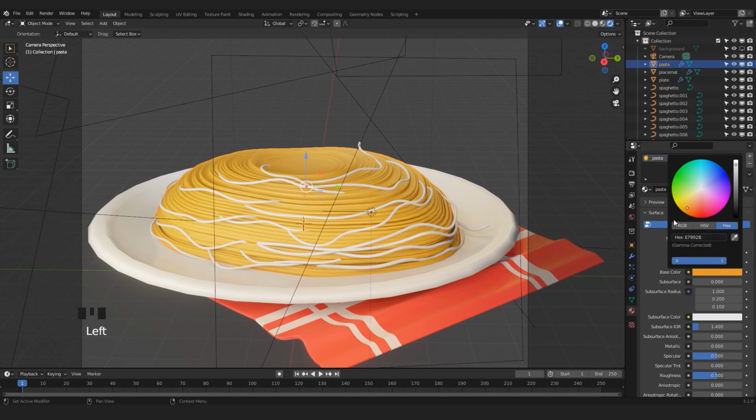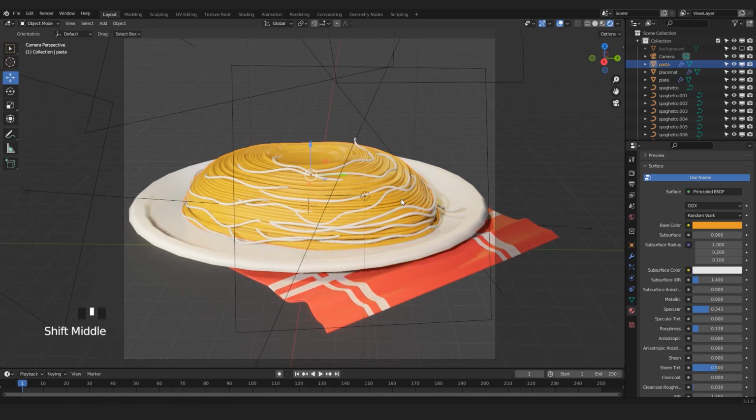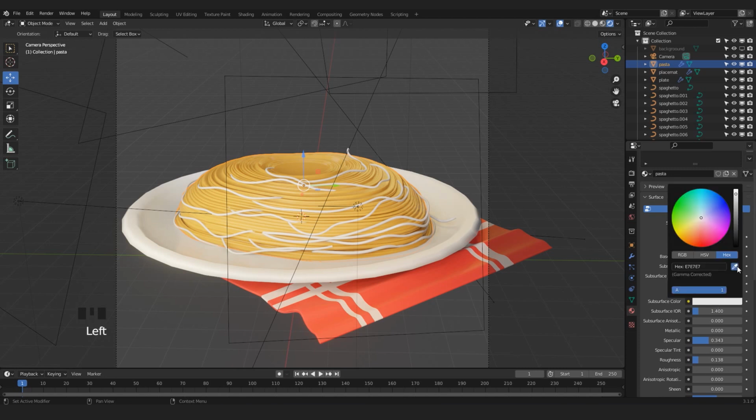So the code is this one, but you can change it a bit depending on what you really want. I'm also gonna lower the roughness a bit and the specularity. Add a little bit of subsurface, very subtle, and remember to change the color of the subsurface. Yes,